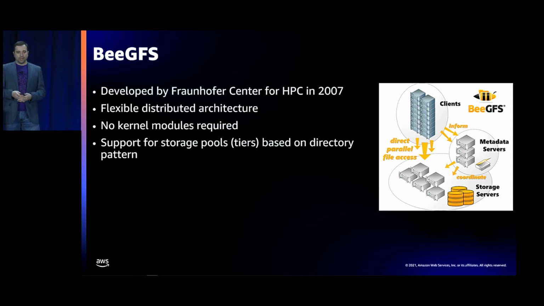Okay, good. All right, so BeeGFS, again, is a parallel file system that was developed by the Fraunhofer Center back in 2007, and it was really developed with a strong focus on performance. But they also wanted to make it easy to set up, to manage, and to install, because David already mentioned this, parallel file systems are notoriously known to be complex to manage, and that's because, for example, the whole kernel thing and the dependencies. So BeeGFS wanted to keep this parallel file system simple enough,